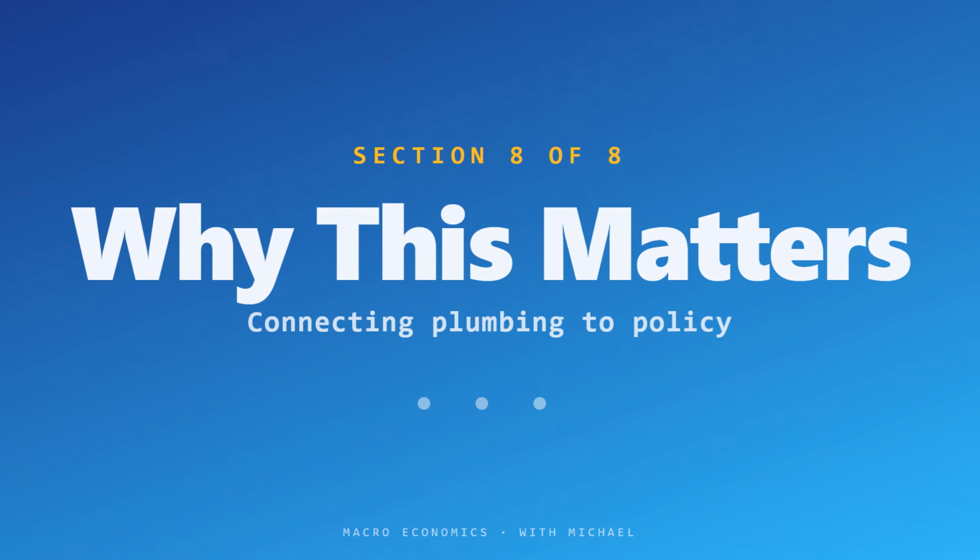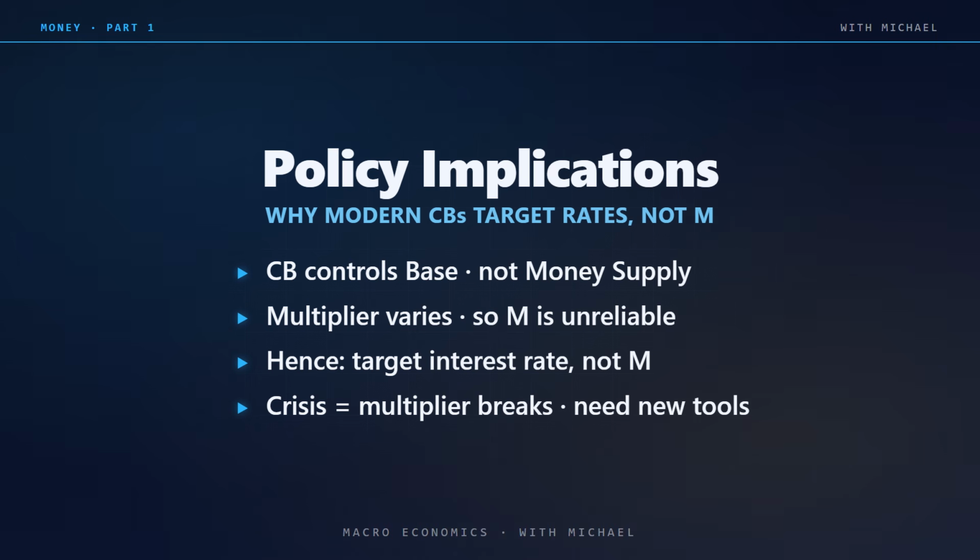Section 8. Why this matters for policy. Now you can see why the relationship between monetary base and money supply is central to modern macro policy. The central bank controls the monetary base directly. It can buy or sell bonds and change the reserves in the system at the click of a button. But the money supply that affects spending, inflation, and growth depends on the multiplier, which depends on public preferences, bank